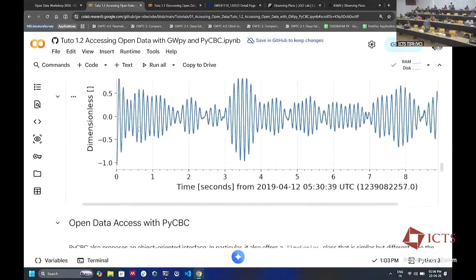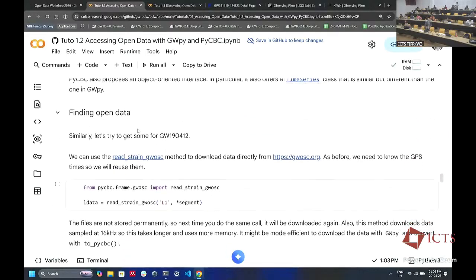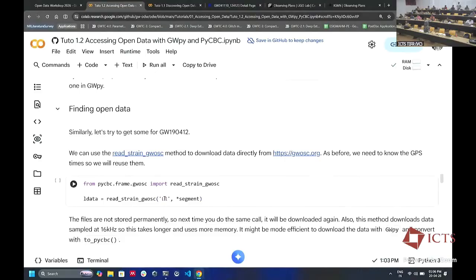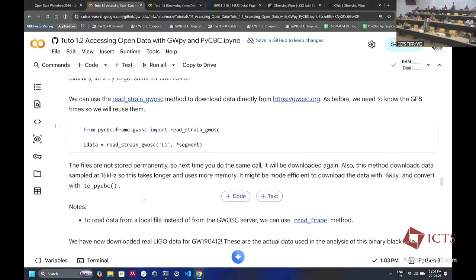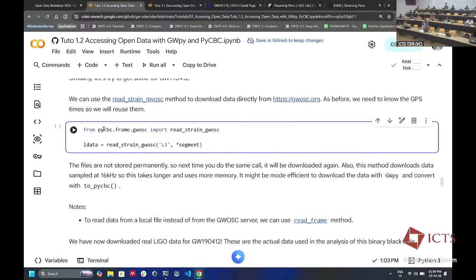So next, let's use another package, yet another package for doing the same task. But it will be useful. It's called PyCBC. Something to note, CBC is a jargon we use for compact binary coalescence. This is a very specific type of GW source, but currently the only one we have observed. Compact means two compact objects in a binary, and the coalescence, that's the kind of signal this package aims to analyze.